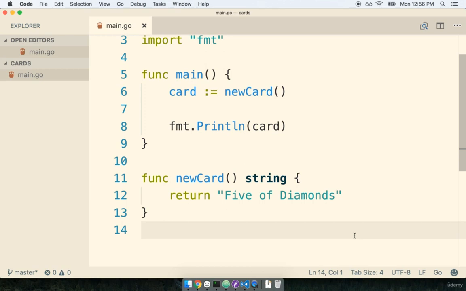In order to tell Go a little bit more about the function we just made, it requires us to always be very explicit and tell it exactly what data type we are going to return from any given function. So by closing off the parentheses right here and then writing out the word string immediately after, that tells the Go compiler that whenever newCard is called or whenever it gets invoked, it is going to return a value